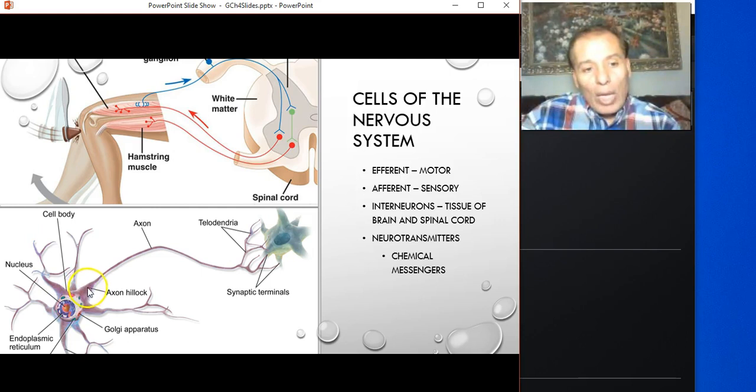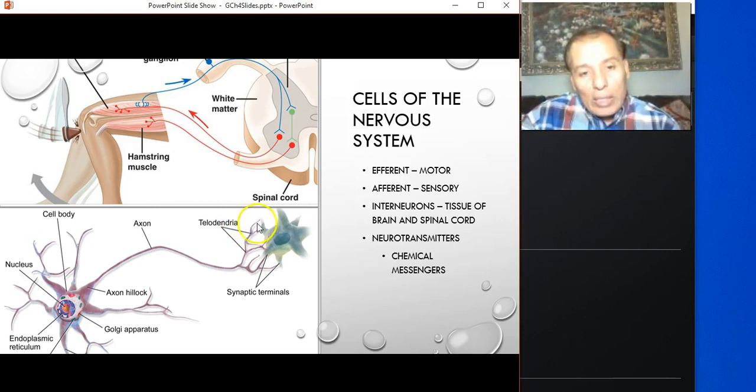So then, connected to the body of the neuron is that little thread, which we call the axon. The axon goes from the body to the end, where it branches into little branches called telodendrites or telodendria, or, better and more common, synaptic terminals. So this whole branch here, you can call it a synaptic terminal or a telodendrite.